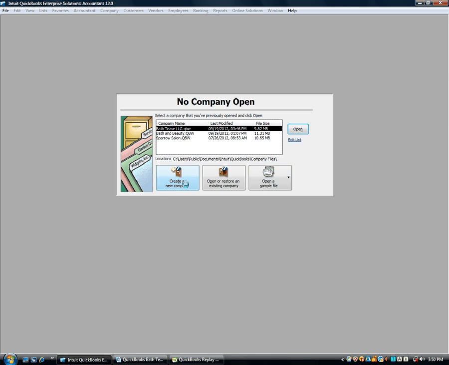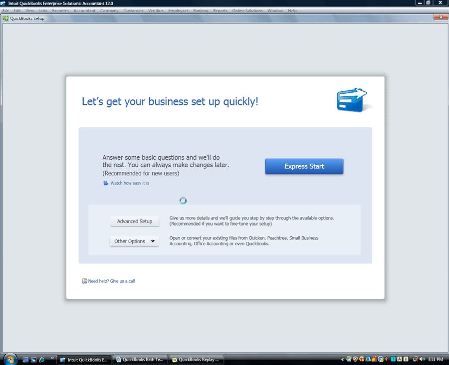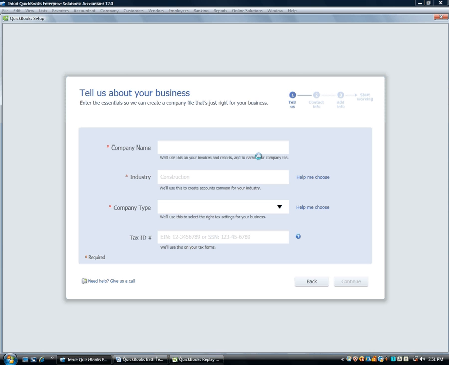So we're going to use a brand new company. This is a real company, create new company. And this is my new company, Bath Teas. We'll get to that. So if you're going to upload from another file, or you want to import a chart of accounts or more complicated issues, you would go into the advanced setups. But for everyday users, we're going to hit Express Start, company name,